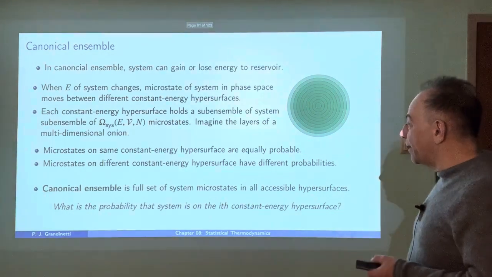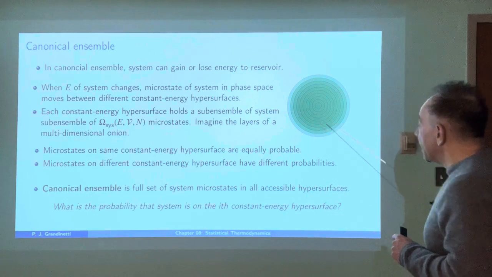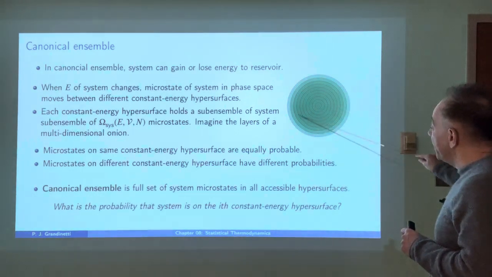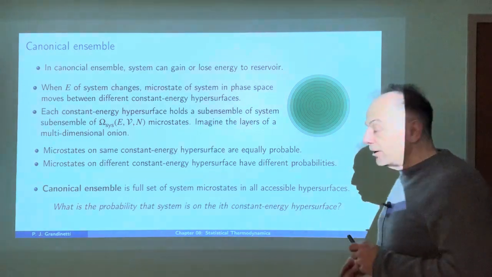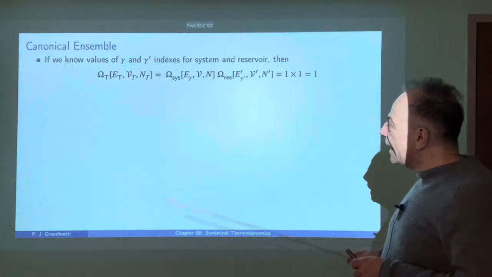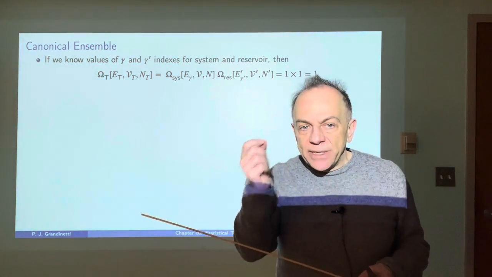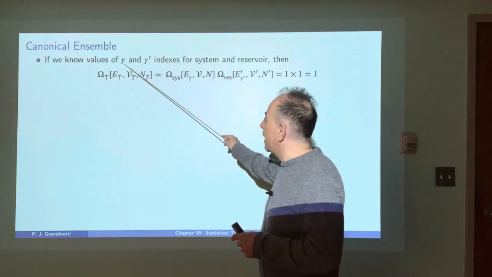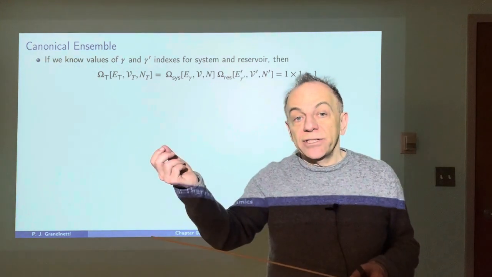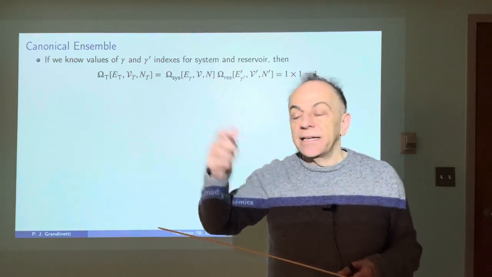Now, the question then becomes, what's the probability that the system is on one of these constant energy hypersurfaces? All right, and that's what we're going to look at next. Now, if we knew that the system was in a specific microstate in its phase space, so we knew the value of gamma, and we knew that the surroundings were in a specific microstate in its phase space,